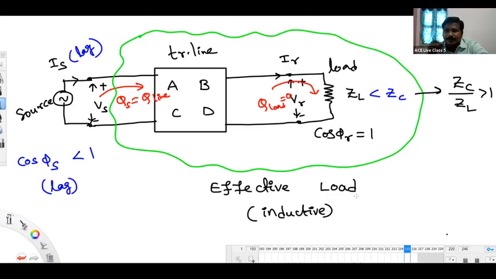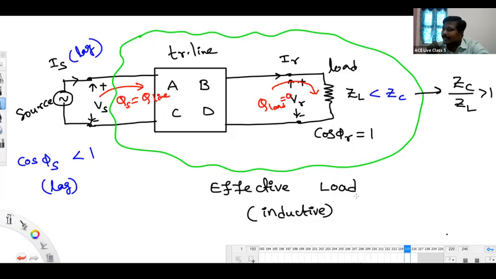Wavelength is the length from 0 to 2 pi, for a sinusoidal wave. What is the physical length of the line? L. That's the physical length. Then what is the meaning of lambda equals L? No, not lambda equals L, but L equals lambda. If you make the physical length of the line equal to lambda,